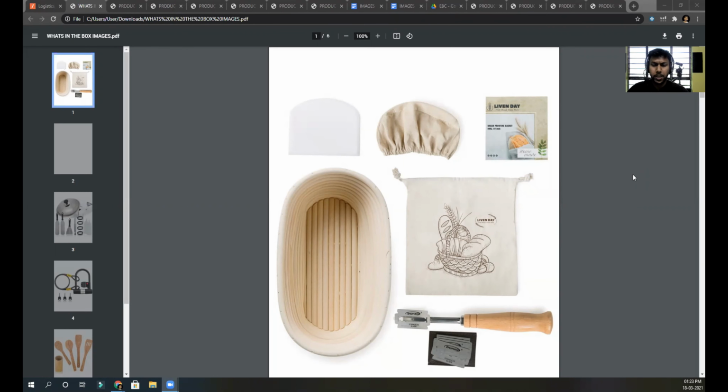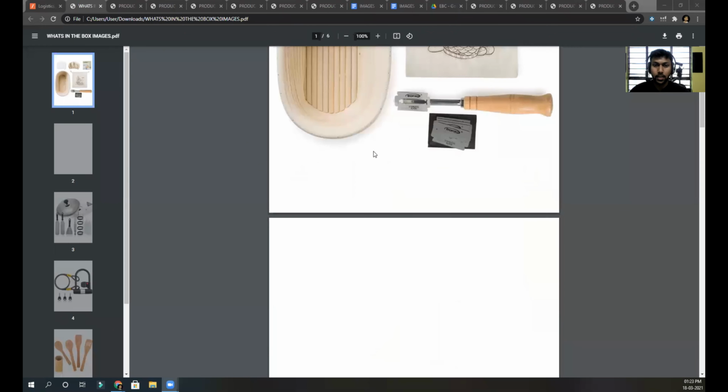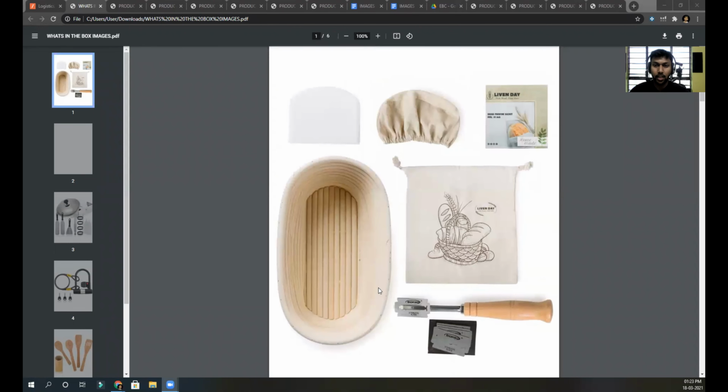So guys, here are a few examples of images. Let me share. These are your what's-in-the-box images. This is very important to show customers what's in the box, because it will take your conversion to the next level. I generally push it to the fourth or fifth image, and I have it in the A+ content as a must. Let me scroll down. This is a product, and you can see the level of detail in the images.